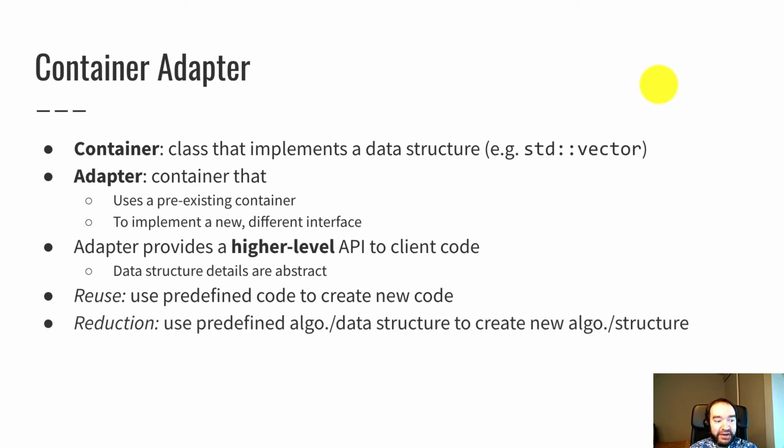You can use these. This is similar to the idea of reduction that exists in more theoretical settings. Reduction is the idea of using a predefined algorithm or data structure design to create a new algorithm or data structure. It's really two ways of talking about the same thing. It's just that reuse is talking about code, and reduction is talking about the concepts of algorithms and data structures being used in new ways. This is a key skill. This is how technology gets created.